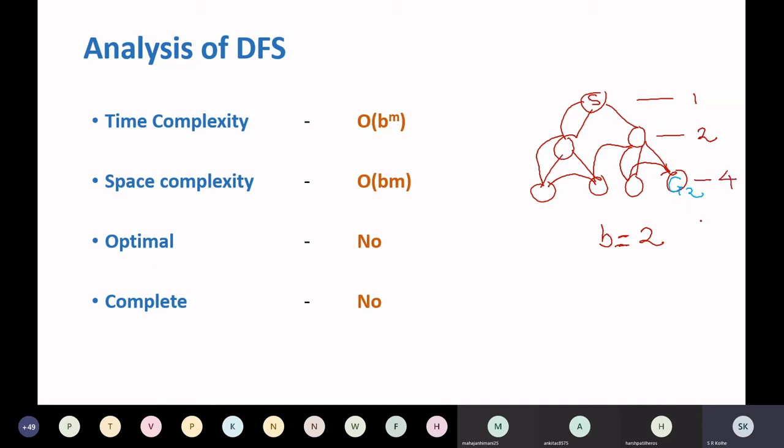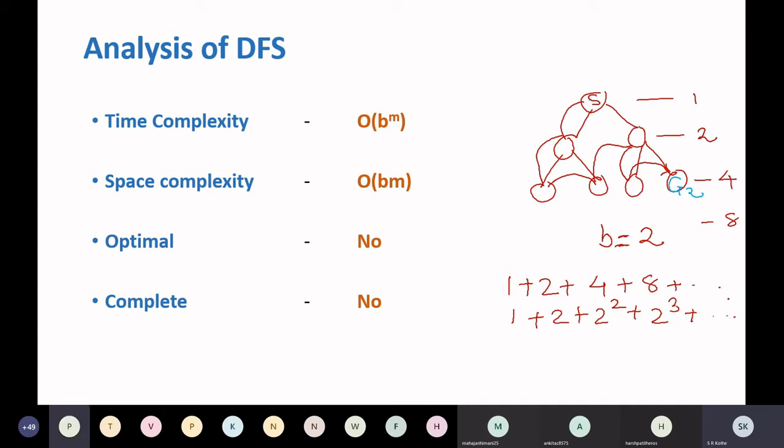If there is another level, how many nodes will be there? 8. So this is 1 plus 2 plus 4 plus 8 and so on. This is equivalent to 1 plus 2 plus 2 raised to 2 plus 2 raised to 3, right?